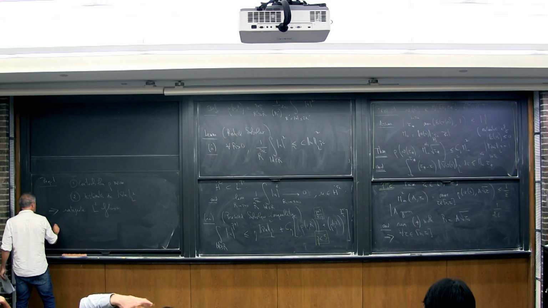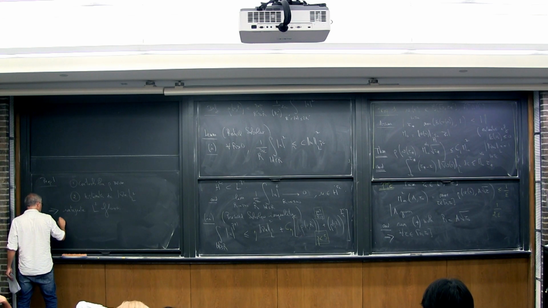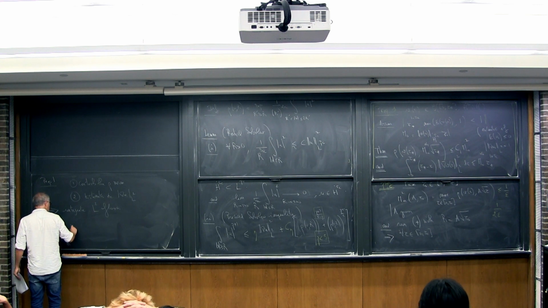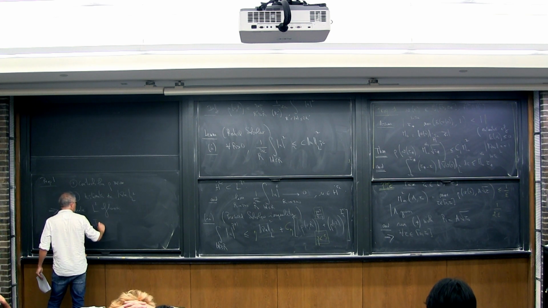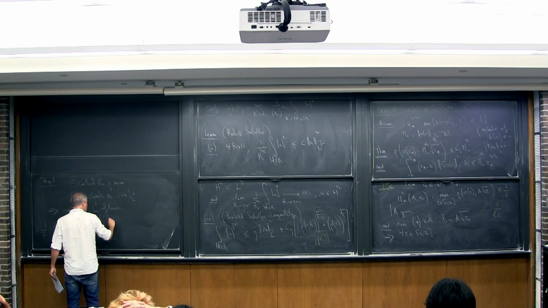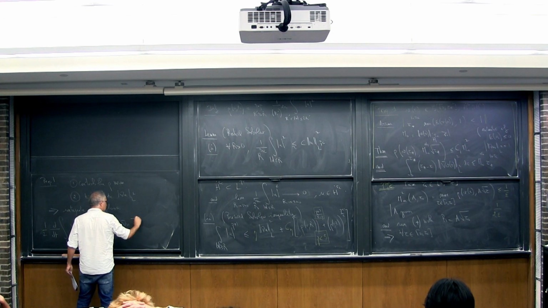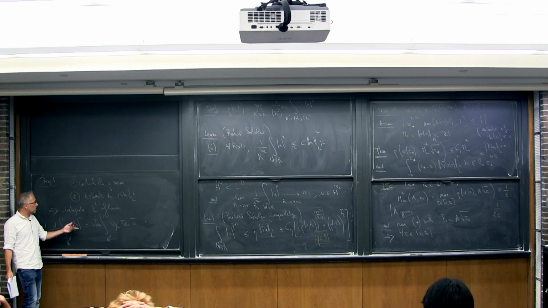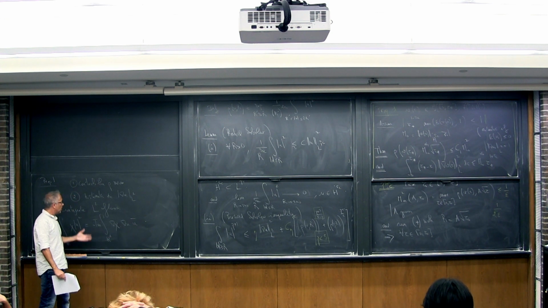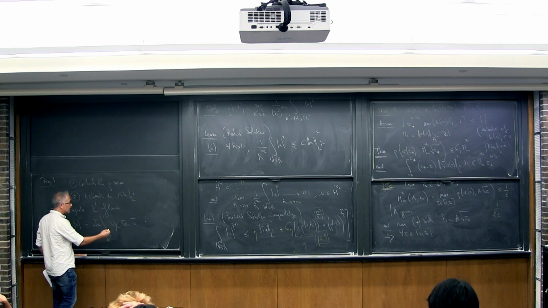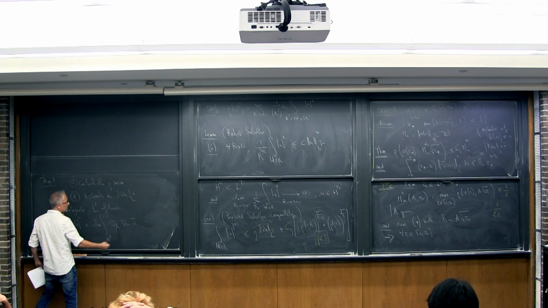Because again, it's just this observation that d/dt of the integral over R^d of |u|^2 is nothing, so there's a half, it's nothing but the imaginary part of the integral of grad chi grad u bar. And in all this singularity formation problem, the heart is that initially you really have no idea of the size of the gradient. You have no a priori bound on this quantity. You typically may know something on u, but not this quantity here. So it's really the heart of the matter to get estimates that one way or another avoid this.